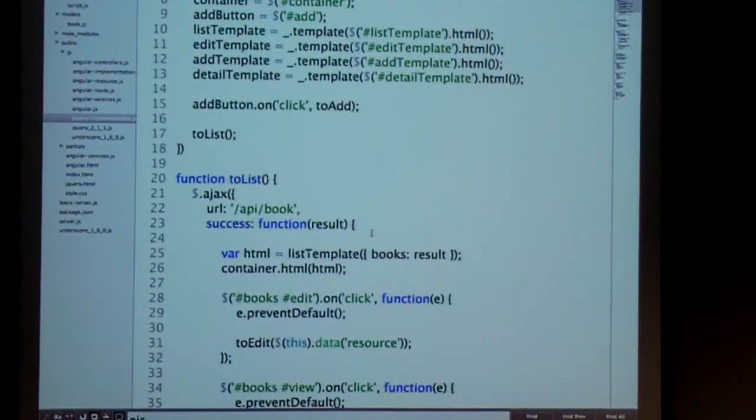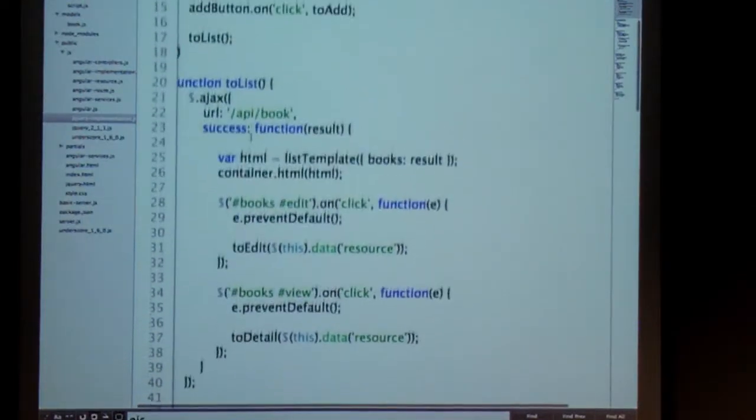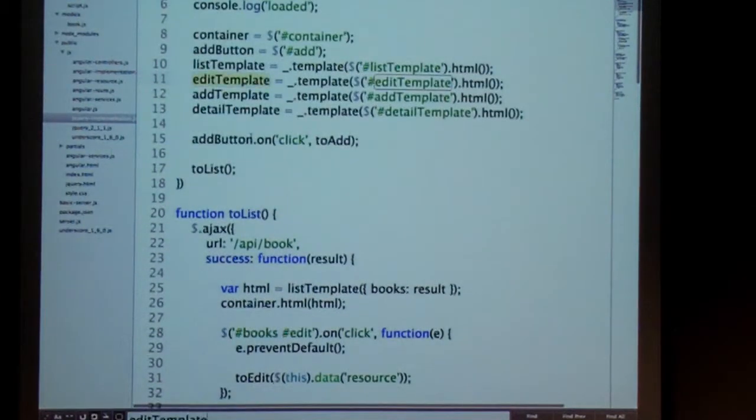But in terms of the things that you might want to know about, first is, here's the underscore. To use underscore, you put an underscore in the code, which is kind of cool, I guess. It's like jQuery. Well, we can't use the dollar because everybody uses jQuery, so we'll use underscore. Anyway, with underscore.template, you pass it in HTML, and you actually get a function back. So this edit template here is a function. So later on, when I want to use edit template,